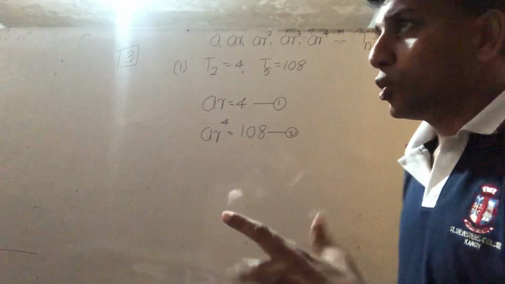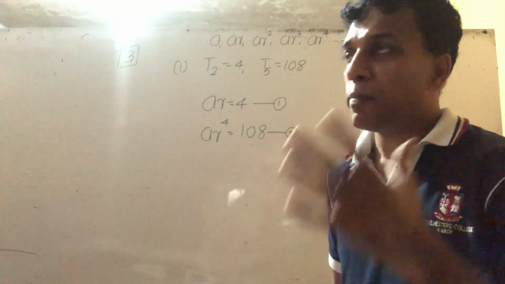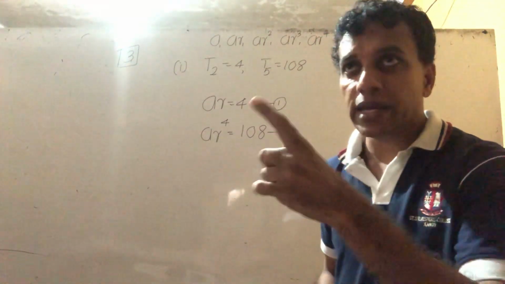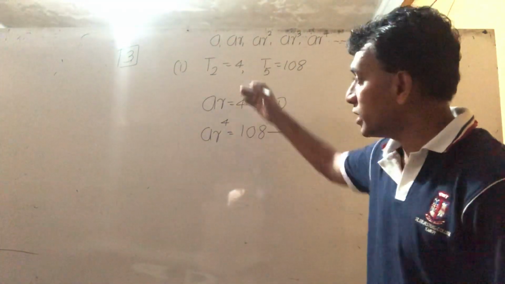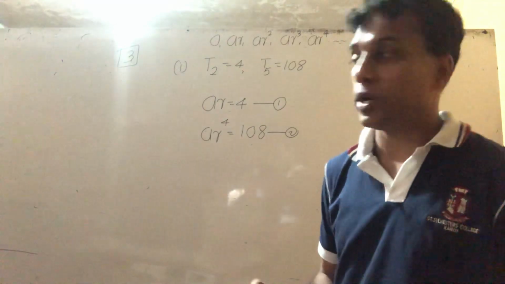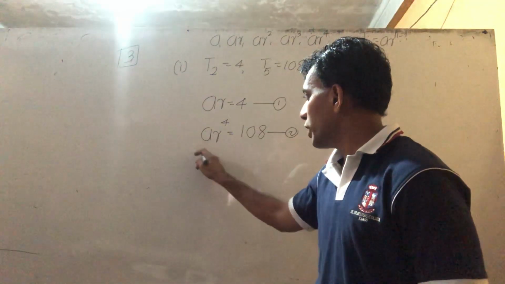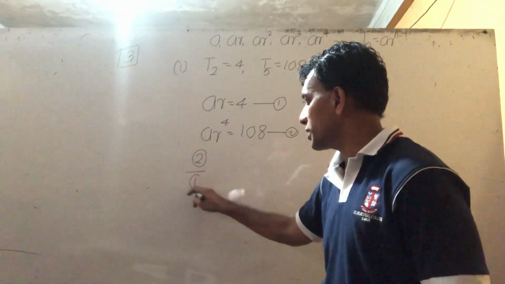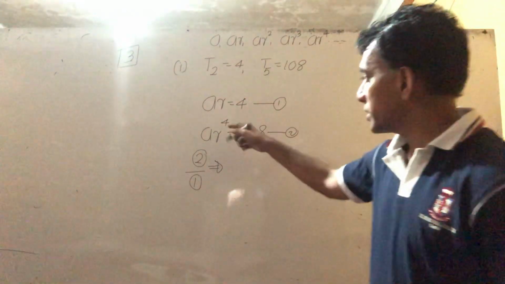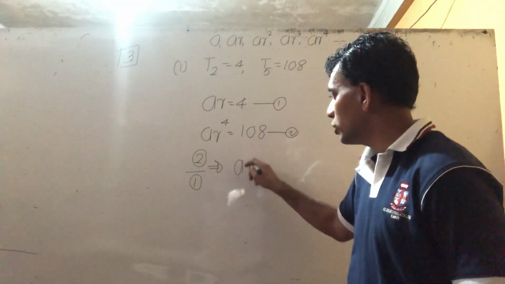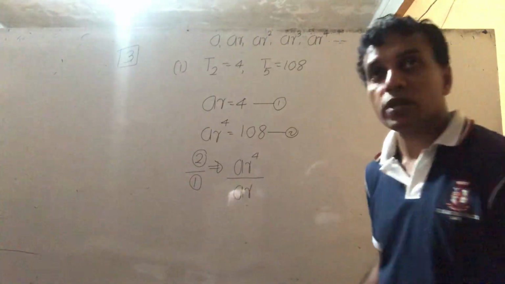With ordinary simultaneous equations, we add or subtract to cancel a variable. But in GP problems, try to divide. So divide the second equation by the first: ar to the power 4 divided by ar equals